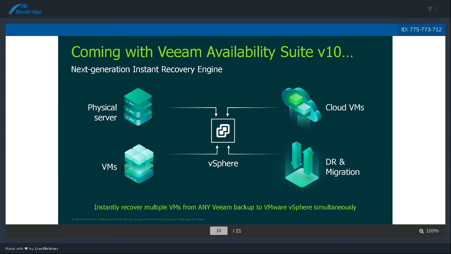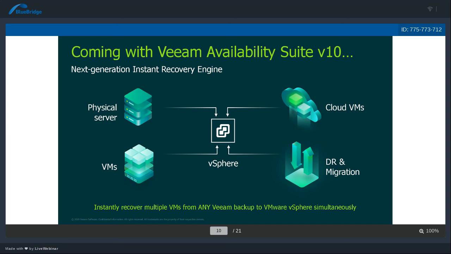Here you can see VMs without saying what kind of VMs or from which hypervisor. So it can be any kind of hypervisor. It can be, of course, what we had in the past, VMware to VMware. But what's new, we are also able to make the instant recovery from, for example, a Hyper-V virtual machine to VMware. So we also make virtual to virtual conversion. So if you have a mixed environment, partly Hyper-V, partly VMware, we also support this, and for Nutanix Acropolis hypervisor. So whatever backup you can do with Veeam, you can restore it